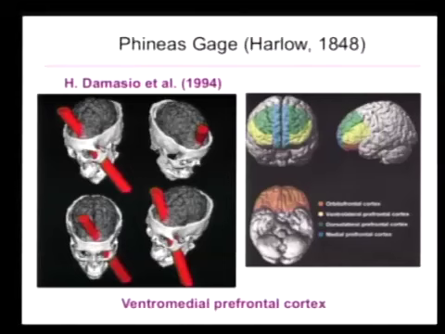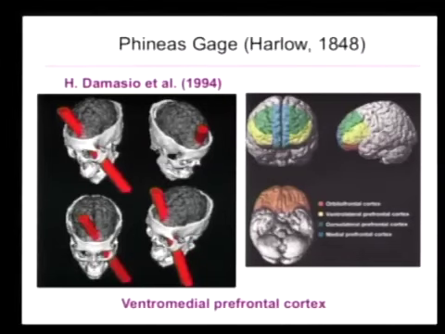And more recently, Hannah Damasio and her colleagues used computer techniques to reconstruct where this tamping iron might have actually gone, which parts of the brain might have been impacted. So you can see it coming in here onto the eyeball, and it's coming through this more anterior part of the brain. So you can see there's the eyes there, and it's basically coming up through here and destroying that bit of cortex.